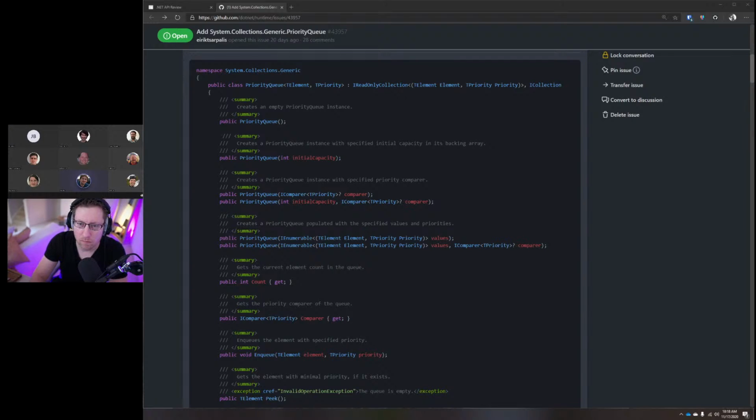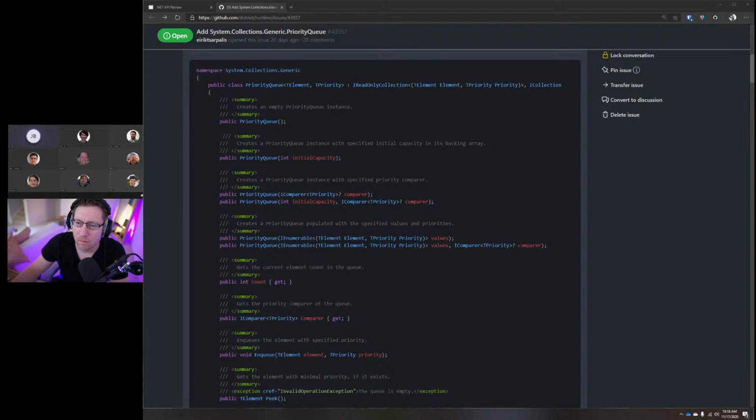If we did that, it seems like you'd actually group the first and the third, and then the second and the fourth. So initial capacity, comma, nullable comparer, and then IEnumerable, comma, nullable comparer.